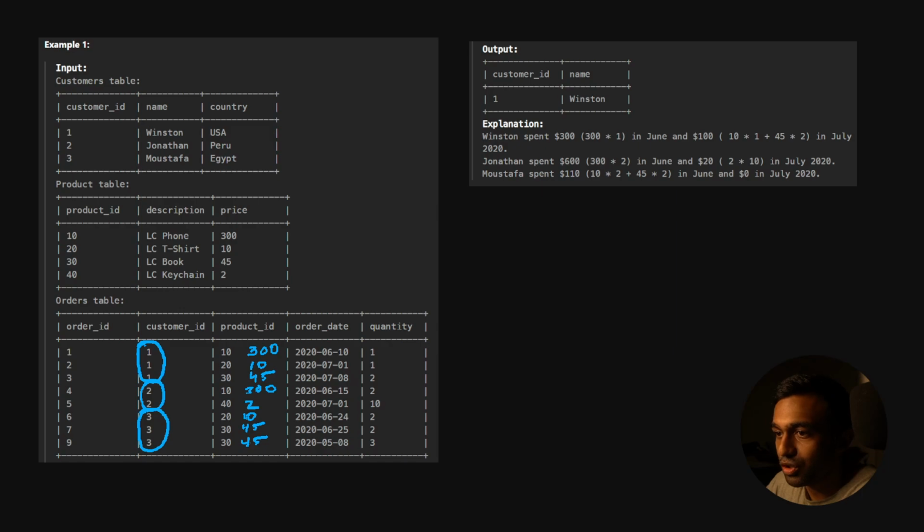2020, let's look at June. So let's look at Winston for 1. So let's put June, July, and let's count up how much money they spent in each month. So Winston spent $300 in June, and then they spent $55 in July,